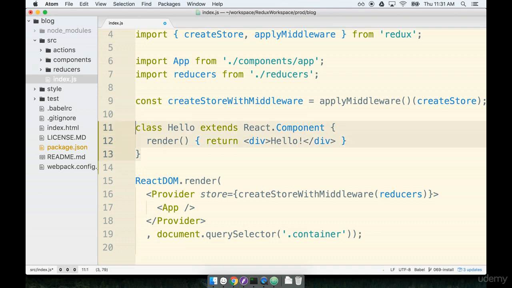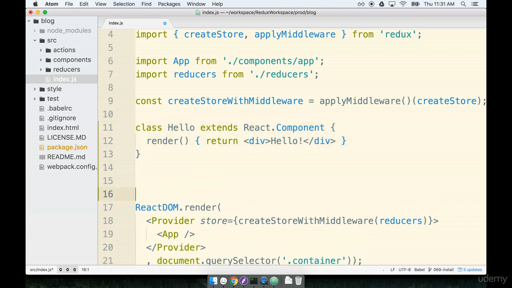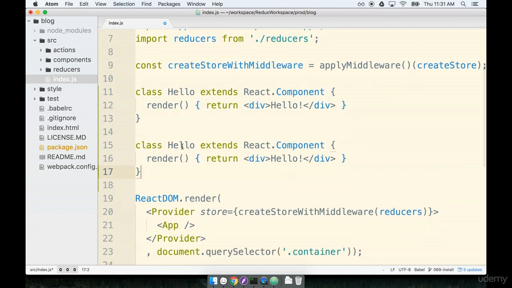Now I'm going to duplicate the same exact thing, paste it right beneath, and change the text inside of this to be Goodbye. So I changed the class name to Goodbye, and I changed the div inside of it to contain the text Goodbye as well. Okay, so there's our two very small test components. At this point, we've done absolutely nothing specific to React Router. So now we're going to start talking about exactly what we have to add to get React Router started up